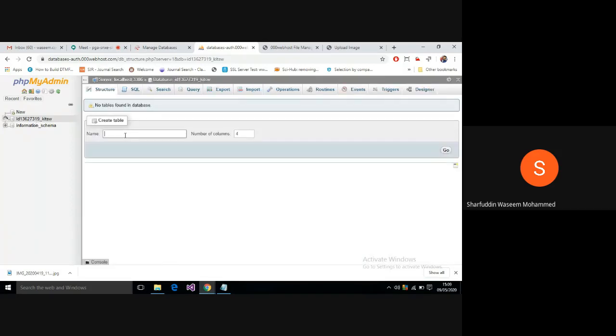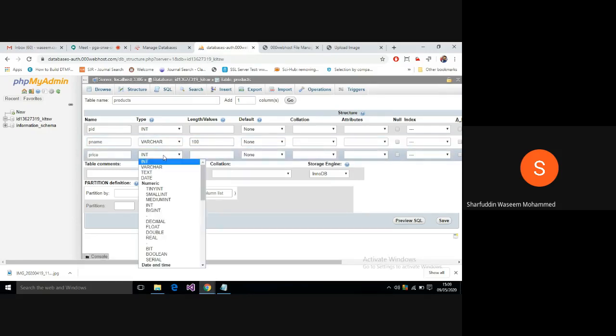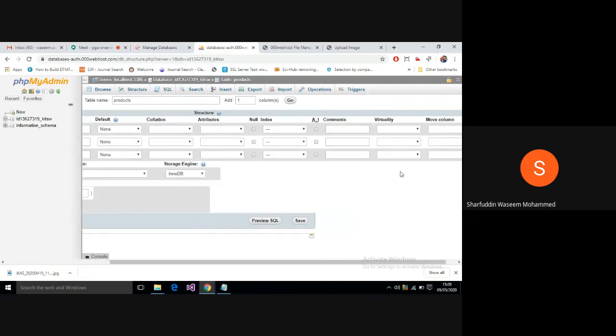and we'll do the same program now. I will create a products table with how many columns? With 3 columns. Hope everyone remembers, we did it in the last tutorial. This will be the product ID, this will be the product name, and this will be the price. Product ID is an integer, product name is varchar with a length of, say, 100, and price is float. Then I want a primary key, so click on index, then click on primary key.